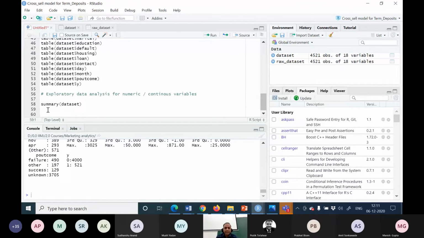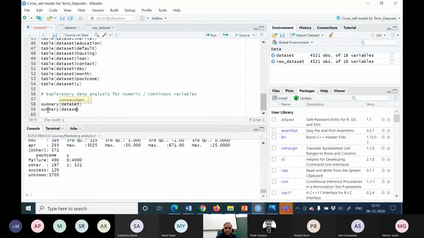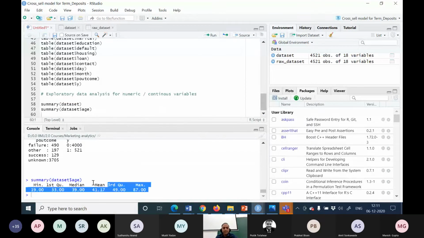See the output. You can use this command for a specific vector, column or variable. Using this command, right,